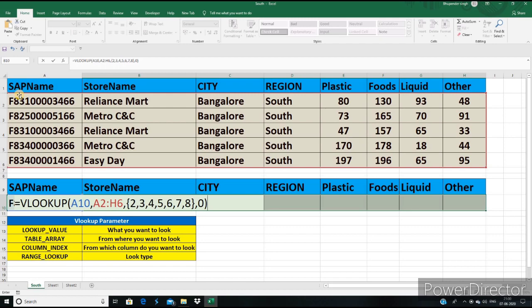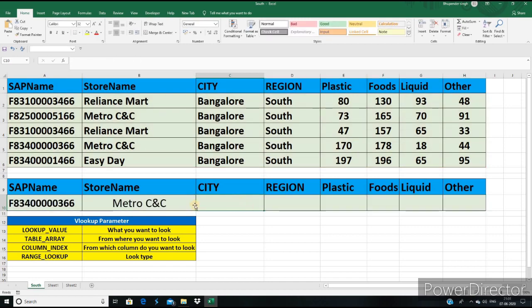Here our formula is completed. Guys, this VLOOKUP formula now becomes an array formula because we are using multiple columns. If you use this formula in the simple way, it will not work. Let's see how. Press enter. You can see guys, we only have the answer for one column.